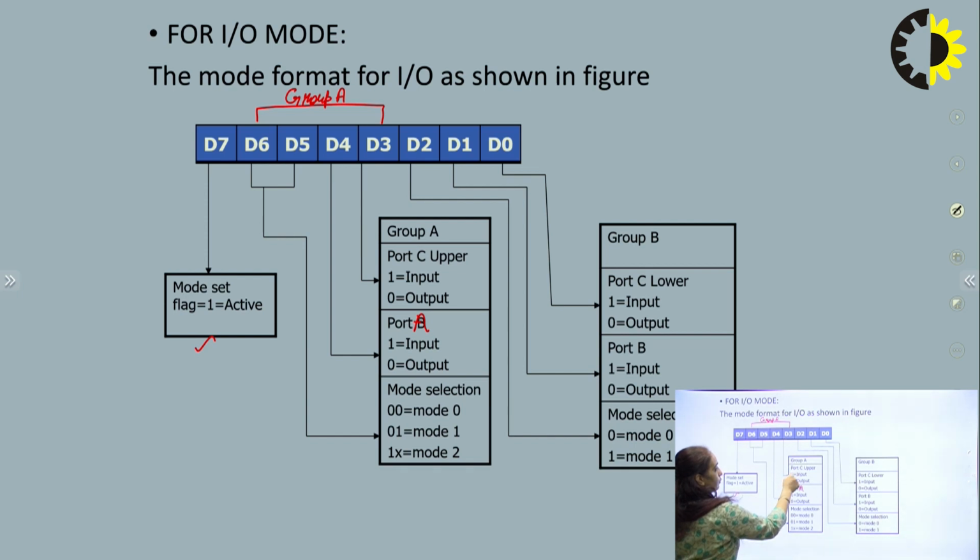If the D3 bit is 1, your port C upper will work as an input, if it is 0, it will work as an output. Then the D4 bit is used for port A. If the bit is 1, it will work as an input, if it is 0, it will work as an output. Then we have these two pins used as a mode selection